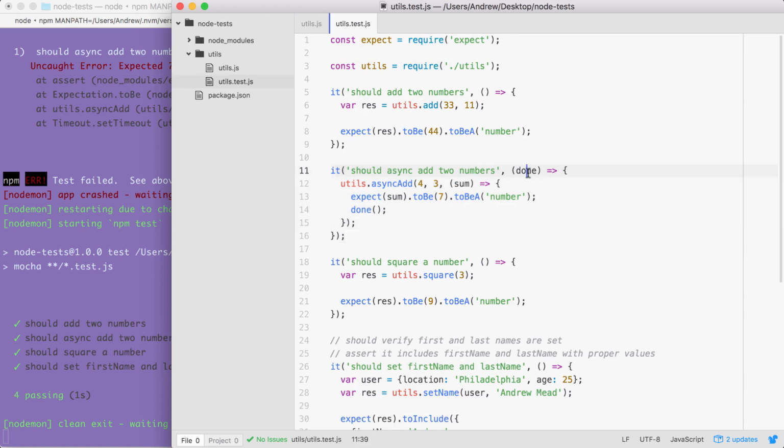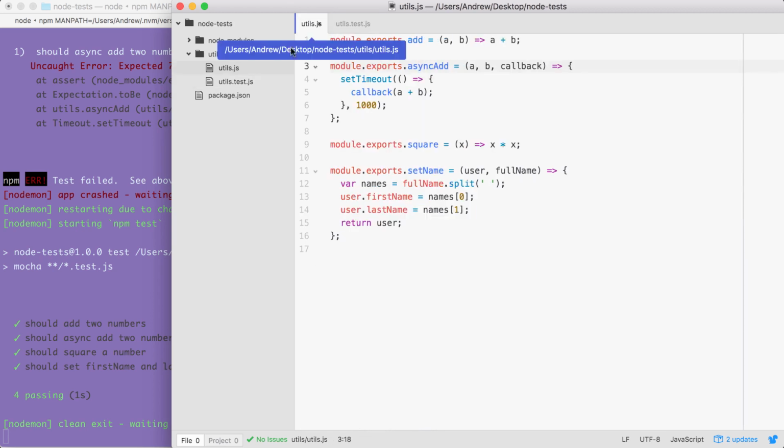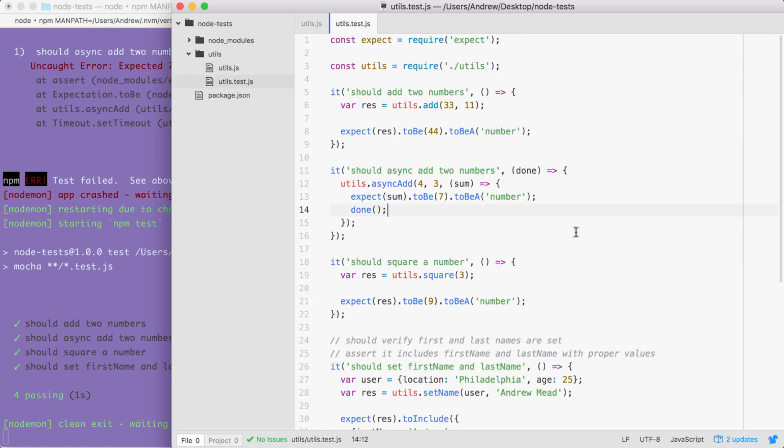All we had to do is add a done as an argument and call it once we were done making our assertions. Now it's time for a challenge. I want you to create an asynchronous version of the square method down below. Go ahead and have it wait a second before calling the callback with the value x times x. Then, over inside of the utils test file, I want you to create a test that verifies the number that